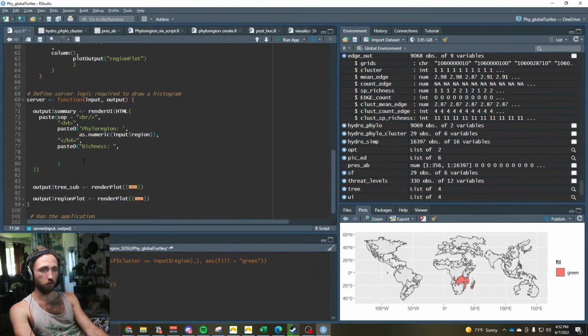Richness, and then hydrophilo cluster. We're going to filter this where the row is equal to, actually, we're going to make this a which, cluster hydrophilo cluster